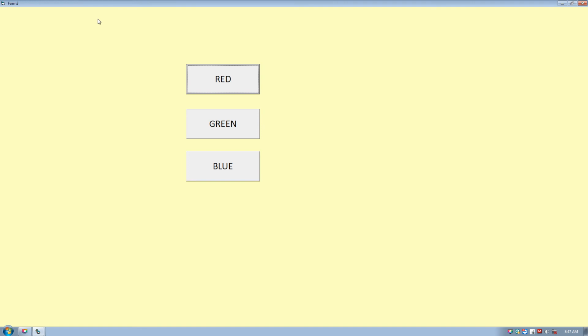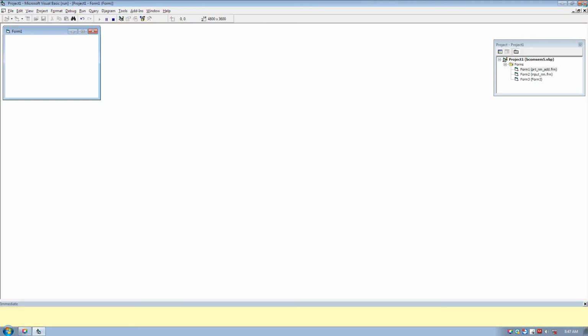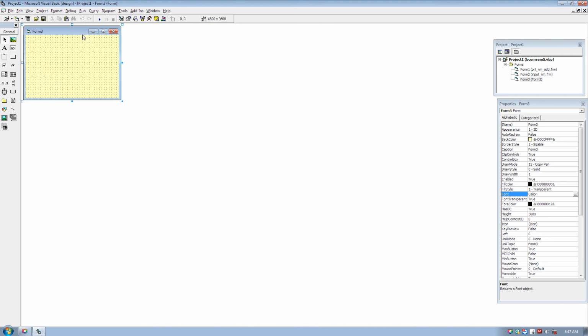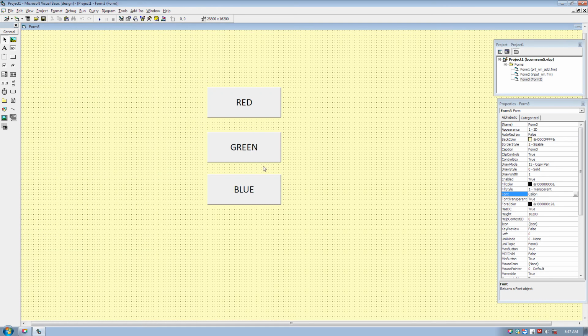See, in our form there is no facility. From here I have to close this. I have to use the ready-made cross button or close button. My form does not provide any facility to exit from the form.